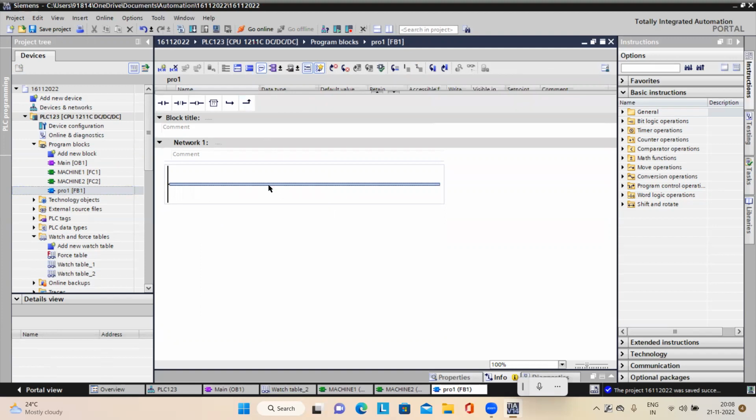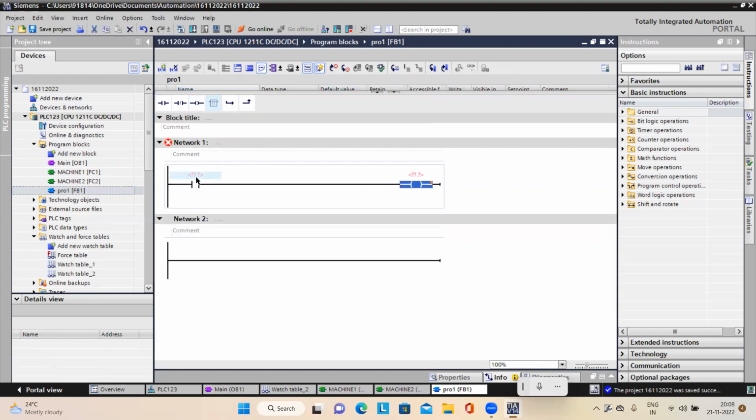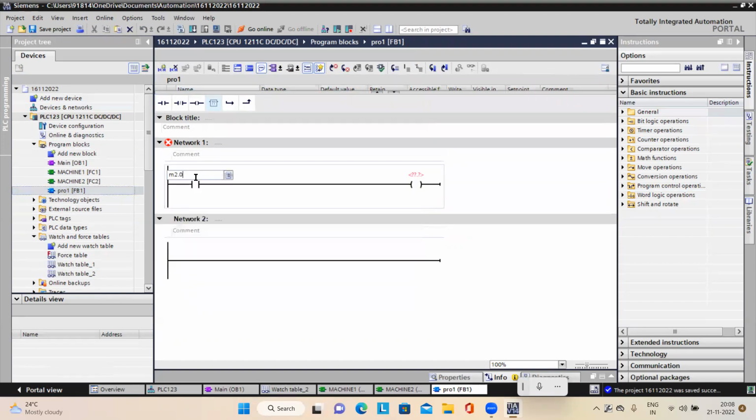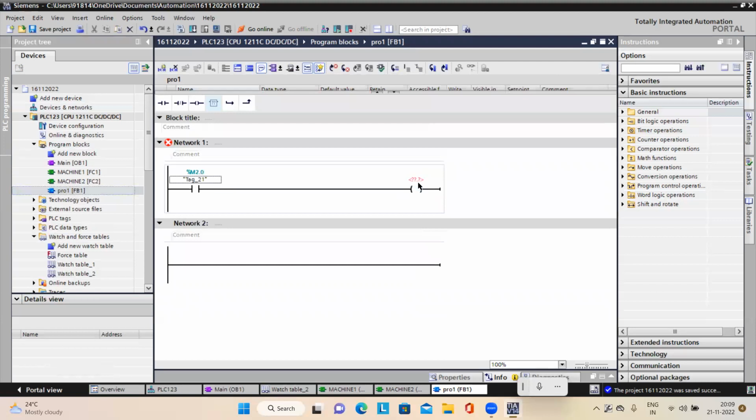Like if I take direct addressing here, for some example, I 2.0, Q 0.5 or something, 6. The direct addressing you can give. This is one method,